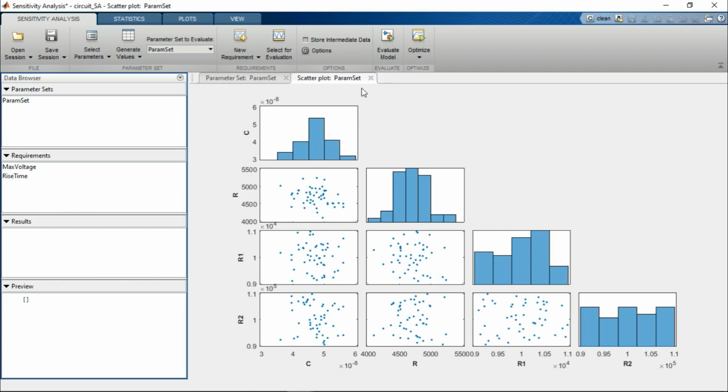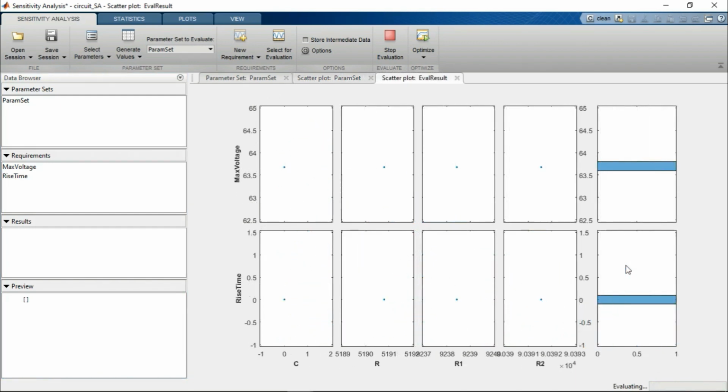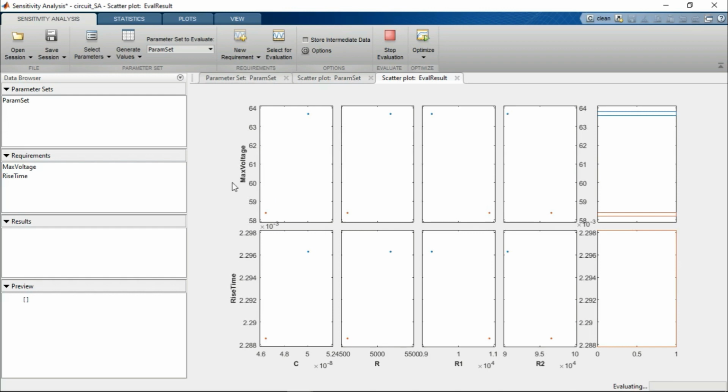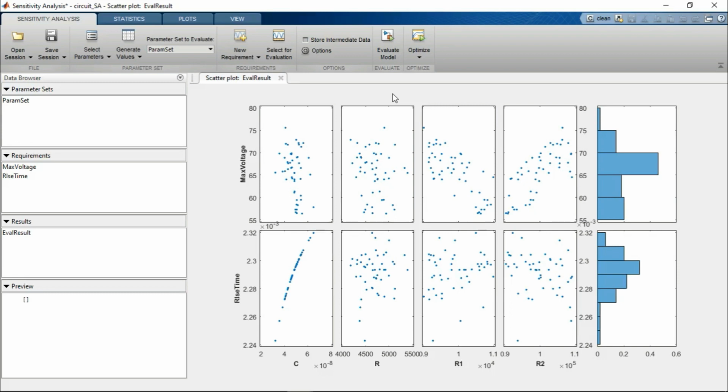So for me to do that, I come to this button here and I click evaluate model. So now it's evaluating the model. You can see that it's actually processing something in the background for our analysis. So what is it doing now? Now it's simply checking the sample set against our outputs that we have defined, the requirements that we have defined here. So these red dots simply show the current sample set that's been plotted, the current inputs that's been plotted, like this one and there. Okay, this process takes a bit of time. Now it's done processing